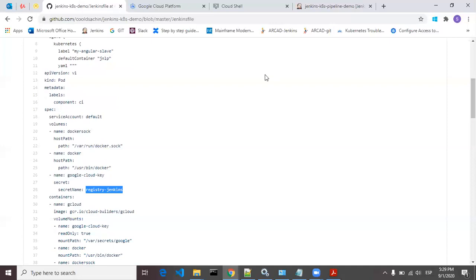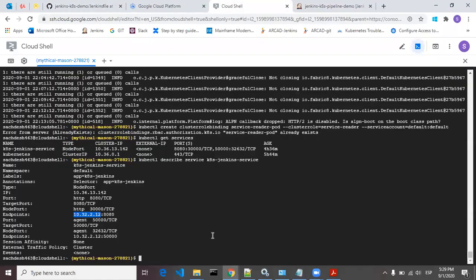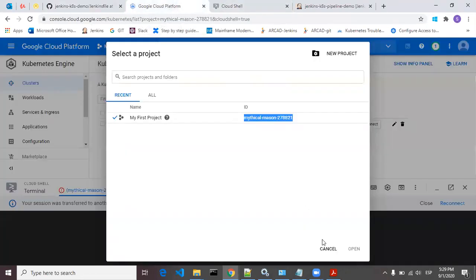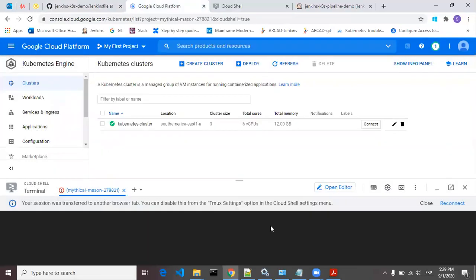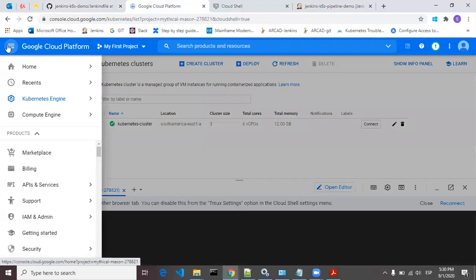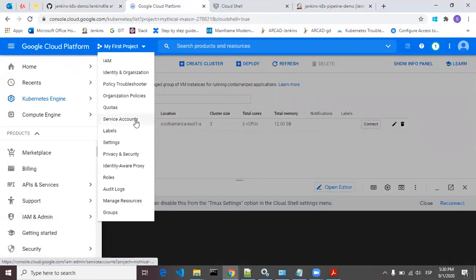This secret we have to generate over here. So how to do that? First, we have to create a service account. To create that service account, you have to go to IAM and admin, and service accounts.